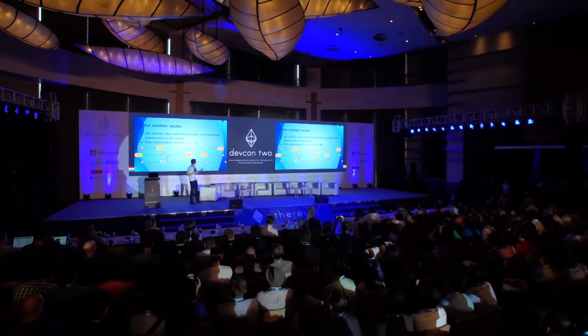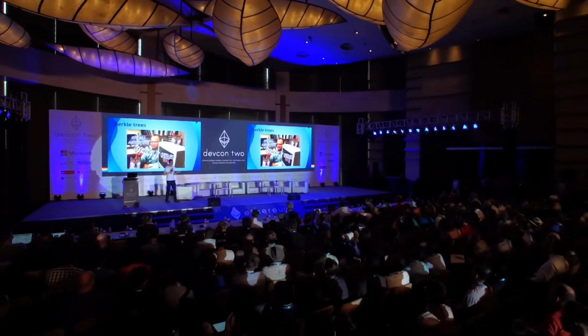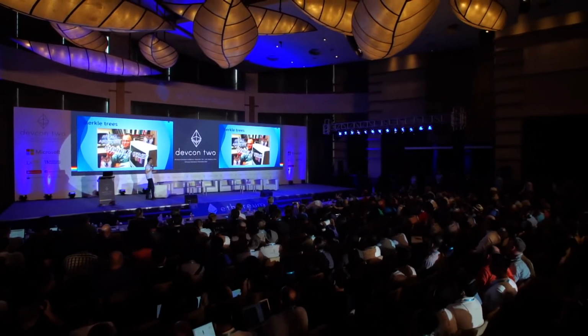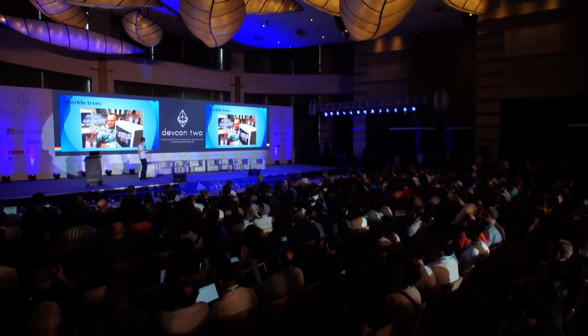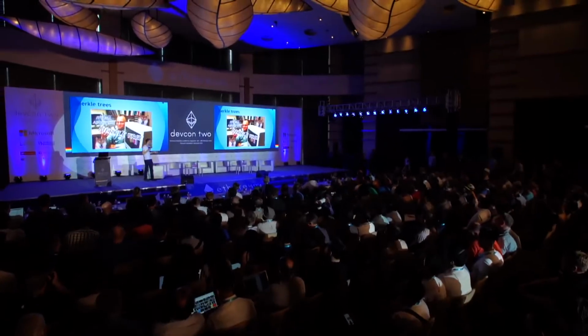So fast block times, Merkle trees. This is also a very important piece of the Ethereum protocol. The reason I have this picture here is that about a year ago there was this cover in the New York Times that basically had Life Masters saying it's all about the blockchain. And personally, I think it's not just about the blockchain, it's about the Merkle tree, and I think Merkle trees are awesome and really important.